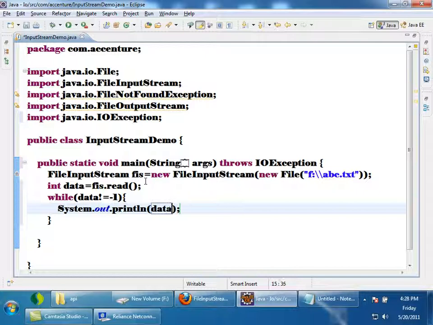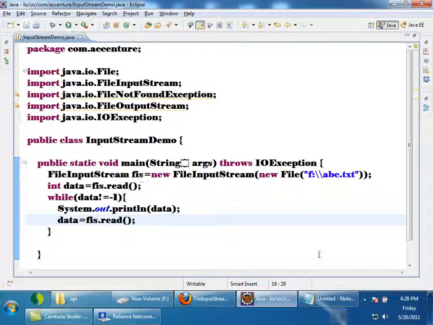System.out.println data, and then I need to read the next byte from the file, right? See what will happen. I am reading the first byte, comparing, is it end of file? No, print it. Again read next byte, is it end of file? No, print it. Like that until end of file is reached, it will print.